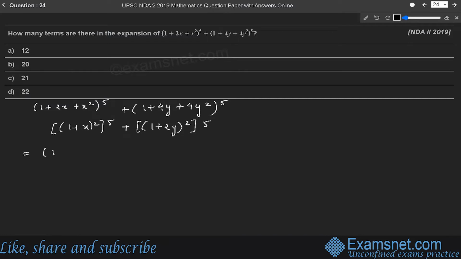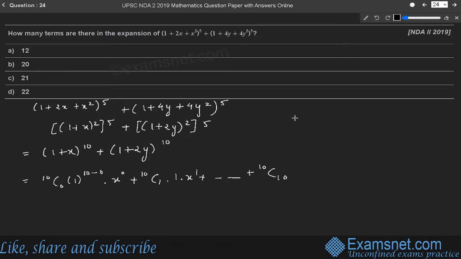So it will be equal to (1 plus x) power 10 plus (1 plus 2y) power 10. Now it can be written as 10C0 1 power 10 minus 0 into x power 0 plus 10C1 into 1 into x power 1 plus so on up to 10C10 1 into x power 10